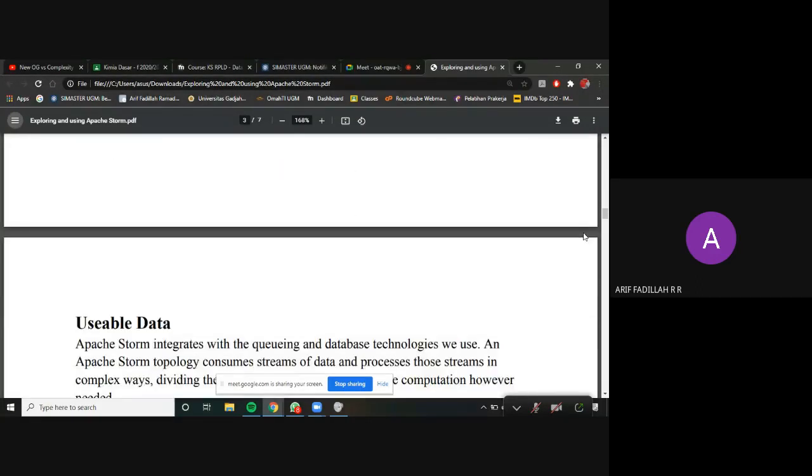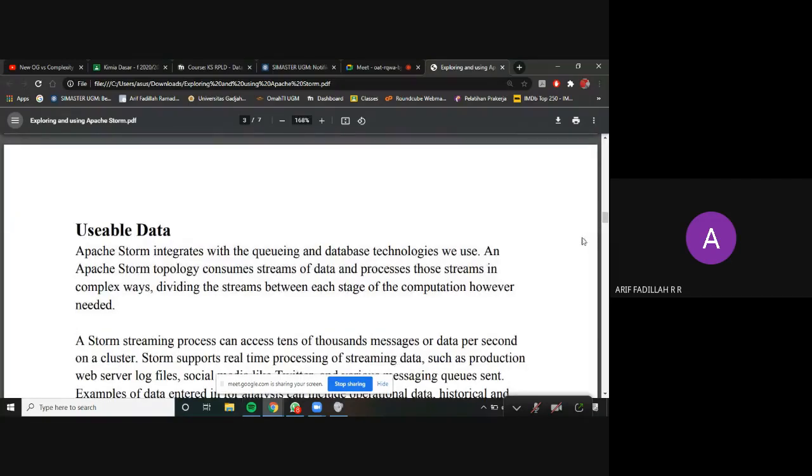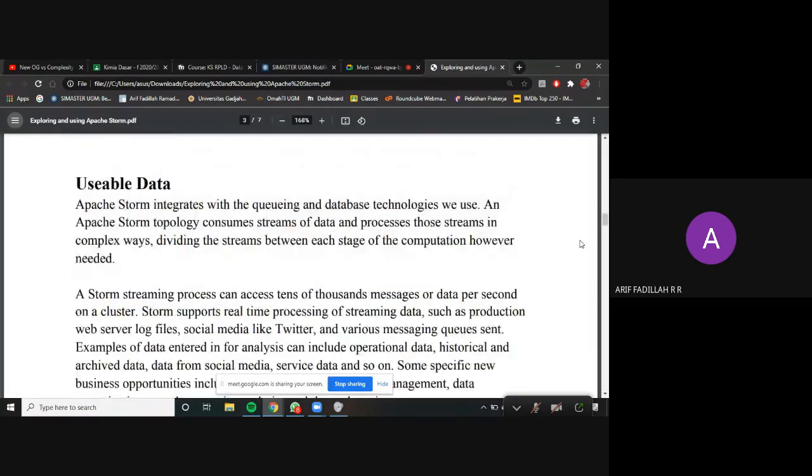Next, we explore what kind of data can be used with Apache Storm, and we found out that it uses data such as web server log files, and it can also be used for data like social media, like Twitter, messaging queues and all that.